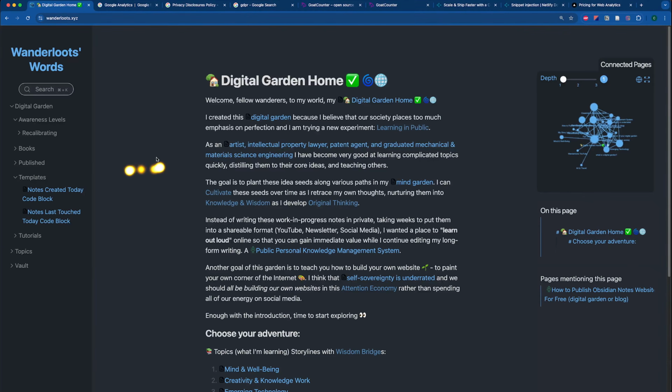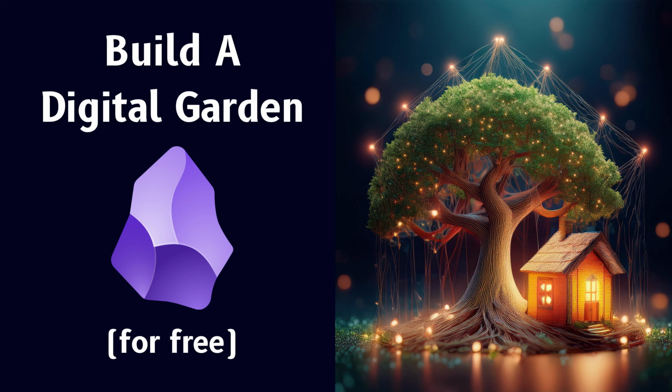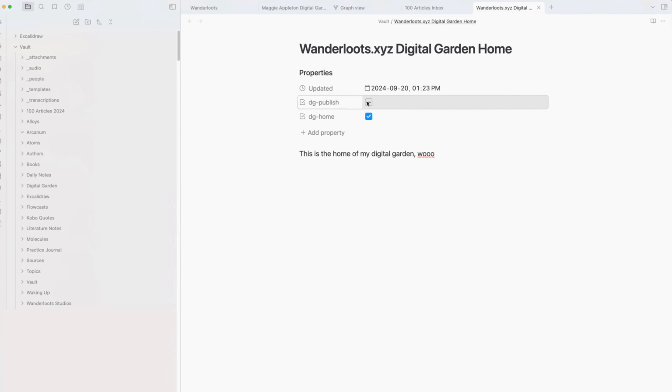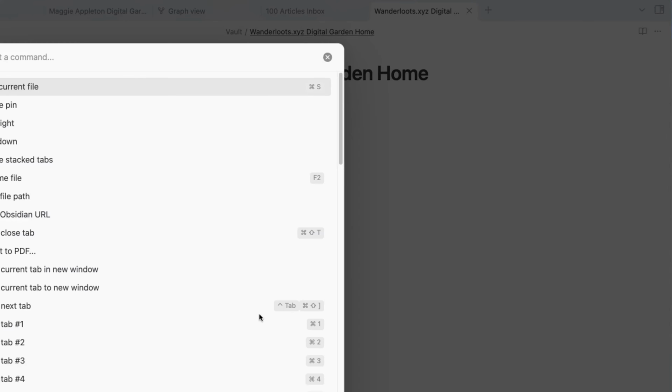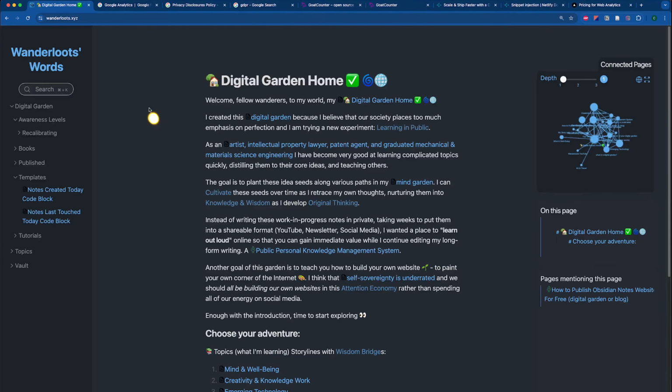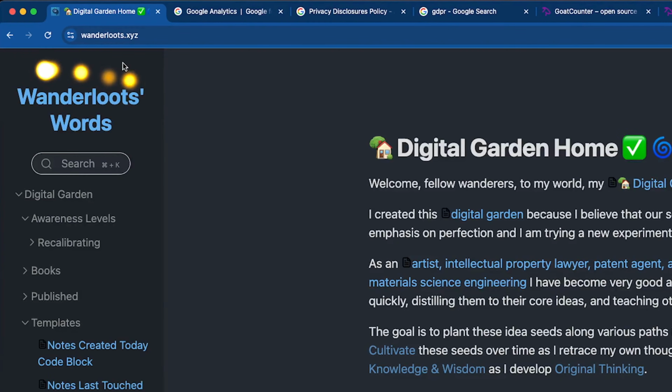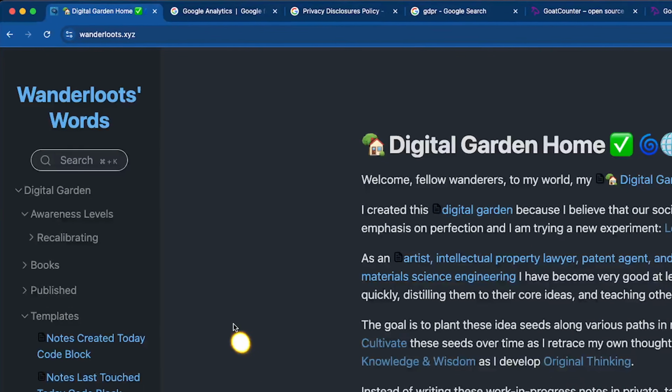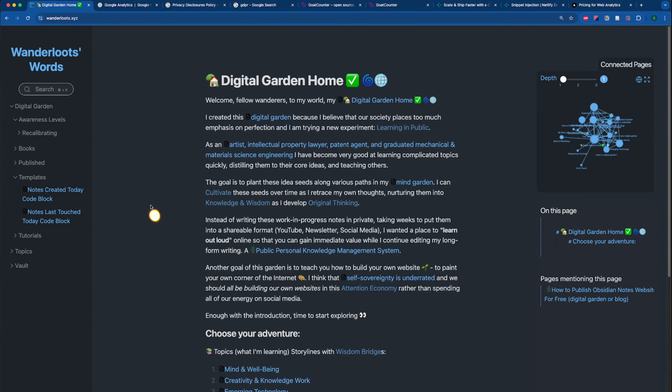And it also helps open up conversations so that I can talk to people about what they seem most interested in. I built this website for free using Netlify and the Obsidian plugin, the Digital Garden plugin, which effectively allows me to publish my notes to this website without any cost. I did also add a custom domain, so that was a small fee, but for the rest of it, it's been free so far. So rather than using a paid service, I wanted to introduce some analytics to my website